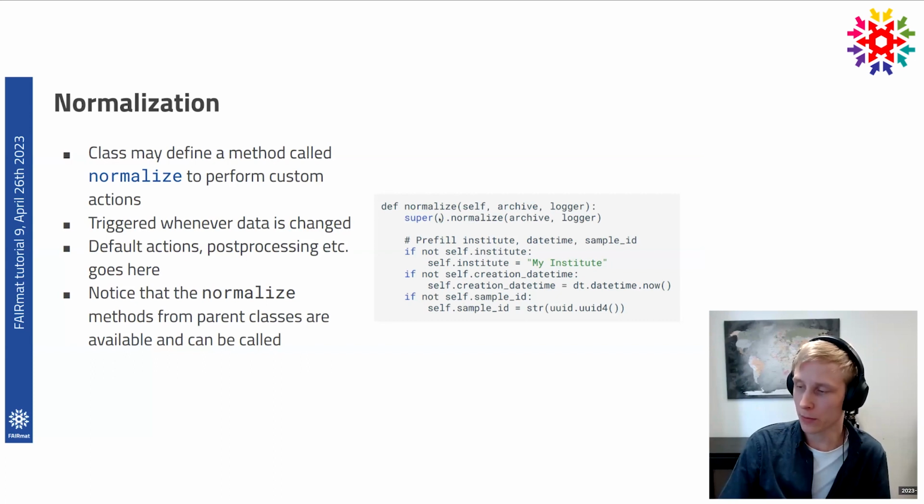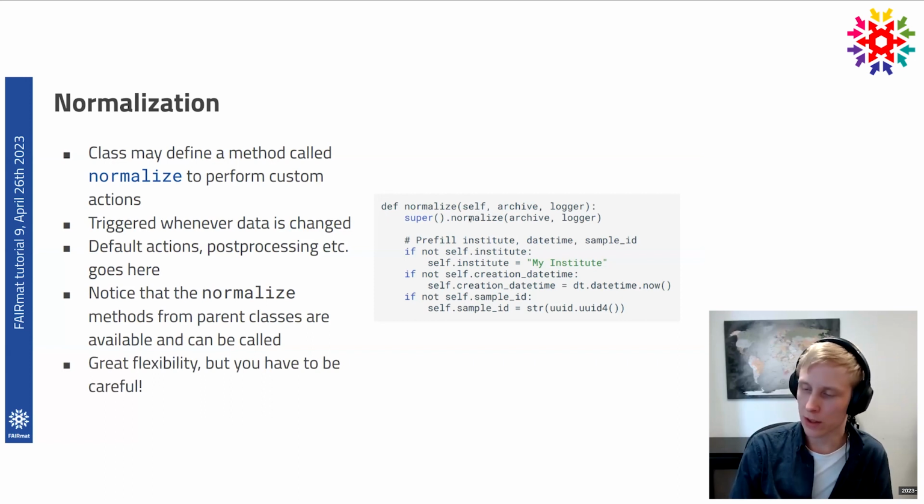So with this syntax, you can call the normalized method from the parent class as well. And with this, you can hook into any actions that the parent class has defined. So there's this inheritance of the schemas and these normalized functions as well. But you really have to be careful, and this is also the key point why these Python schemas